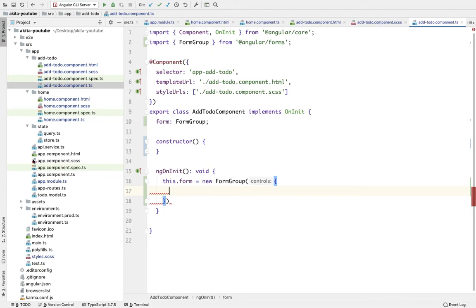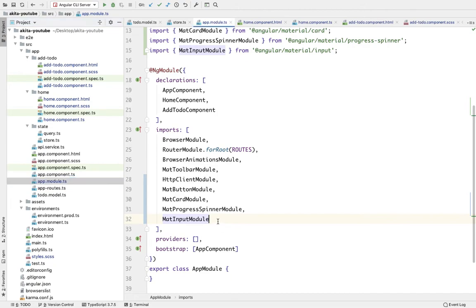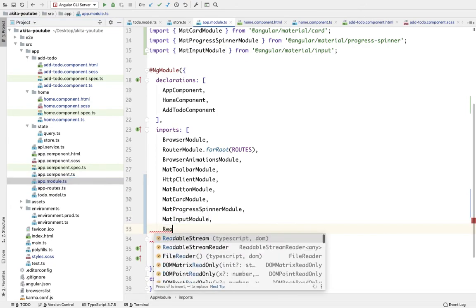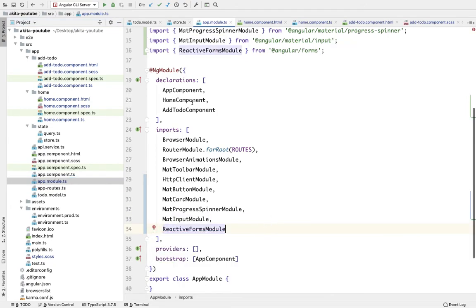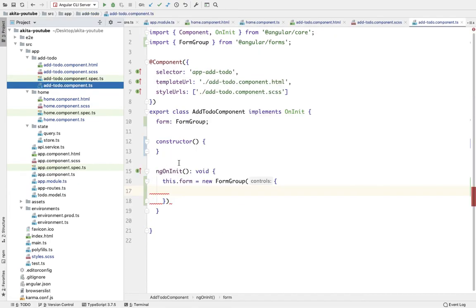Before using these reactive forms, basically we have to import the reactive forms module in the app module, otherwise it won't work.